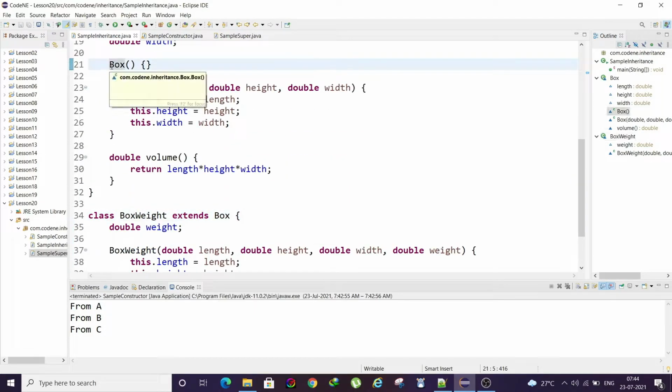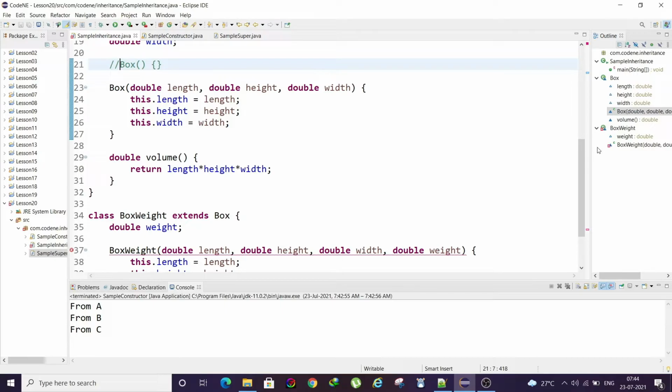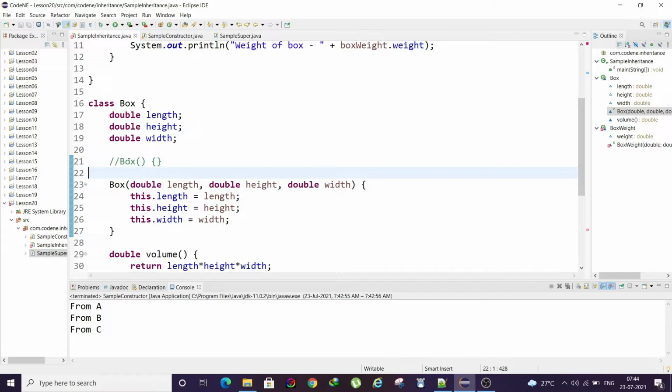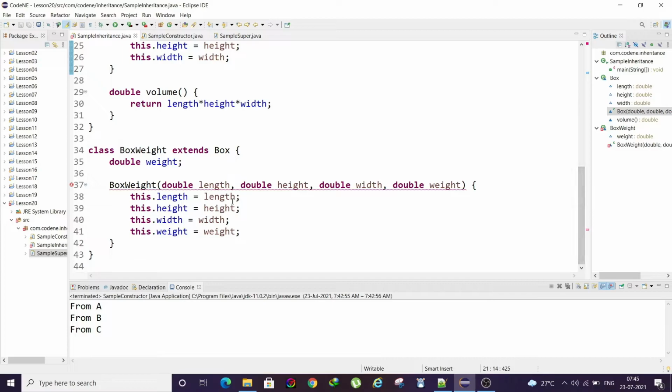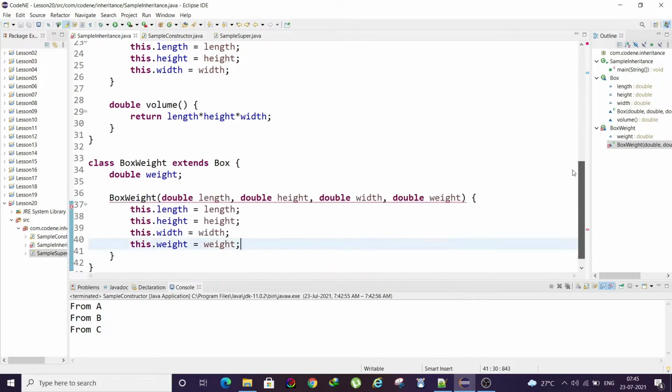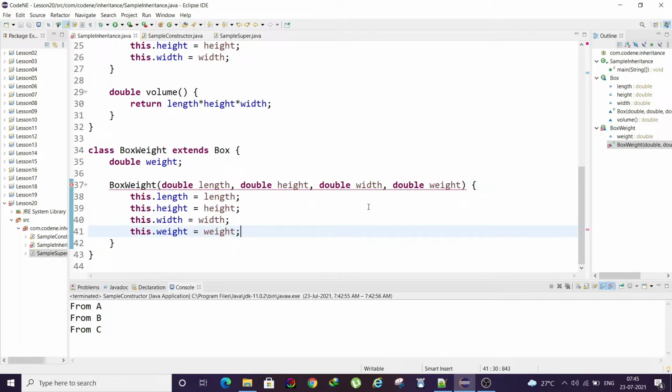What happens if I comment this out? What happens if I comment this out? You may have noticed in my Box class I had a default constructor which is not doing anything, but I had to define it anyway. And the reason behind it is, as I said, the constructor of the parent class will be called first, and the default constructor of the parent will always be called, not any parameterized one. Here when I commented out the default constructor of Box, you see immediately Eclipse threw an error. Why is that? Because if you hover over it, it says implicit super constructor Box is undefined.